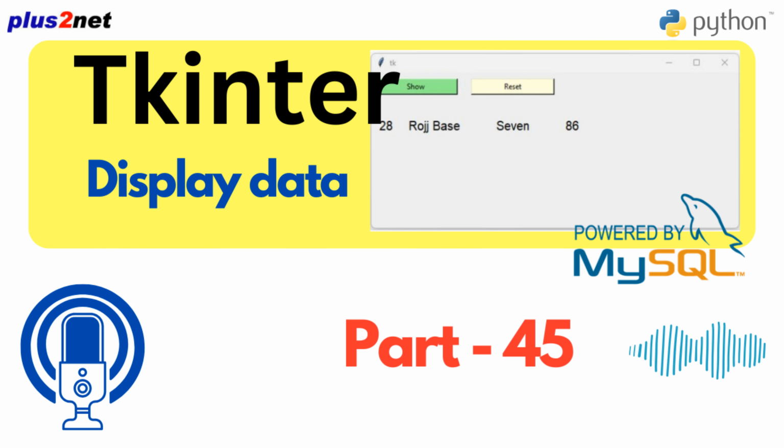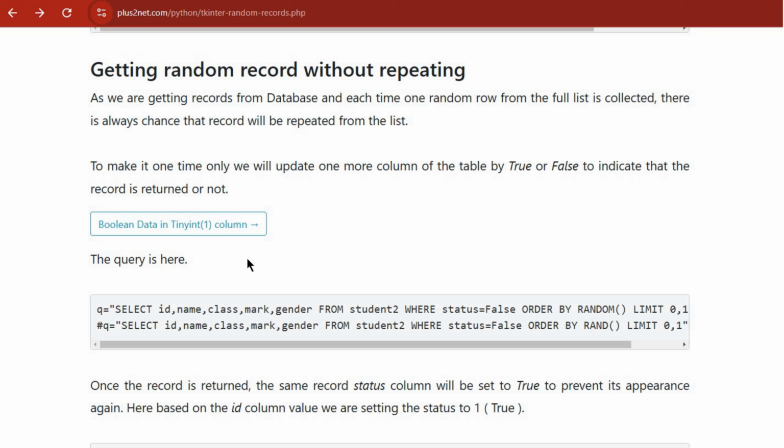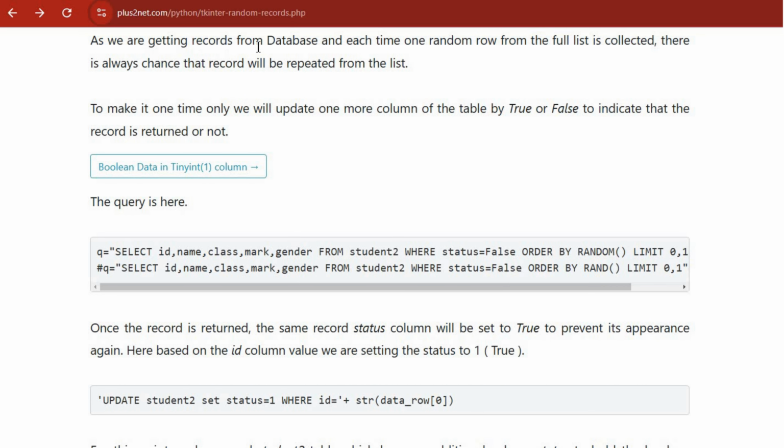But this brings up an interesting question. What if you wanted to stop the same random record from popping up again and again? How would you handle that? Imagine a quiz app that keeps asking the same question. That would get old fast. We need a way to make sure each random record we fetch is fresh, one that hasn't been